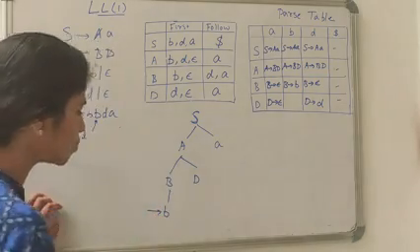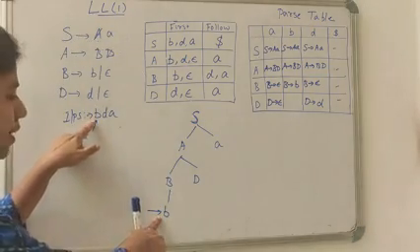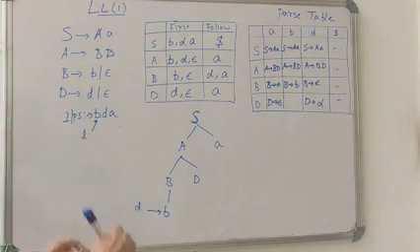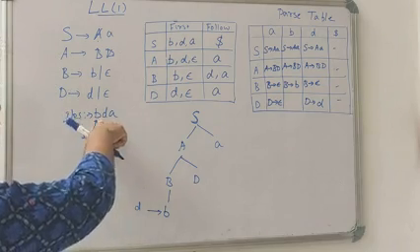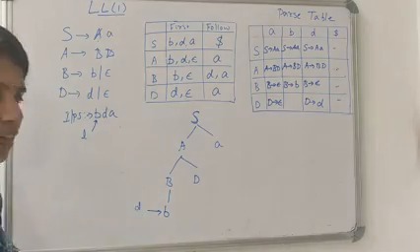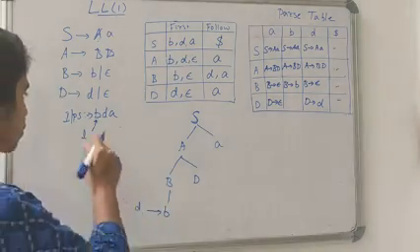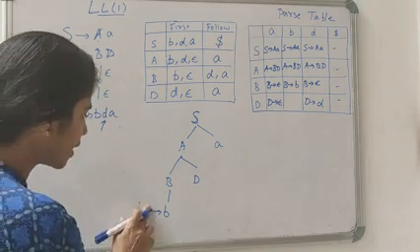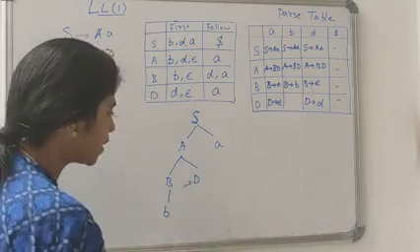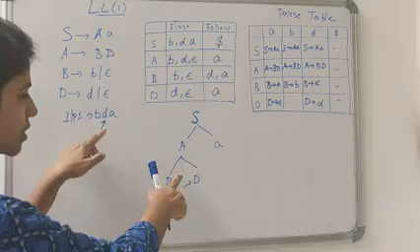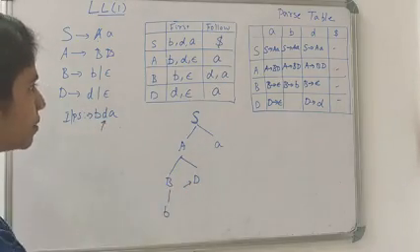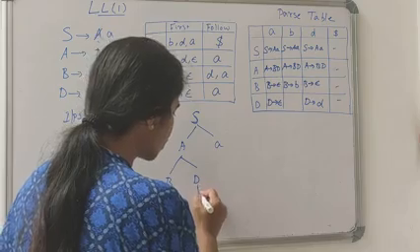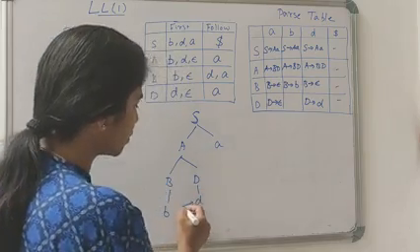Now the descent pointer points to small b. Then again it will check, and this b and this b match. The lookahead pointer points to b and the descent pointer points to small letter b. These two pointers match, so the lookahead pointer will be incremented by 1. Now it points to d and here the descent pointer points to capital D. Again it will check the cell corresponding to capital D and small d, that is D gives d. So this is expanded to small letter d and the descent pointer now points here.